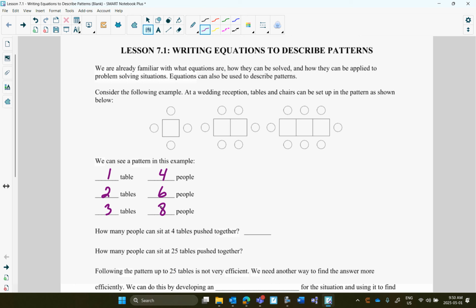Without seeing a picture of it, what do you think 4 would be? Why? So you see the pattern here, vertical pattern. Every time we add a table, we can add 2 people. Okay. However,